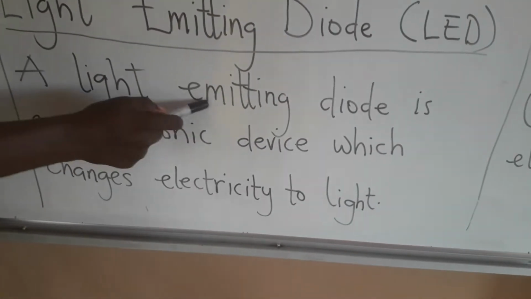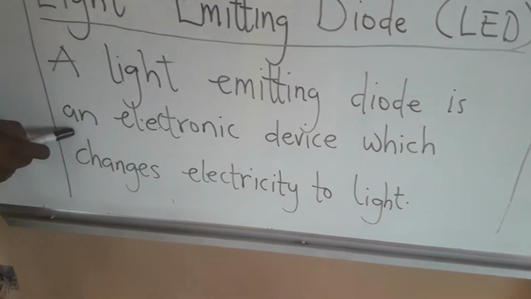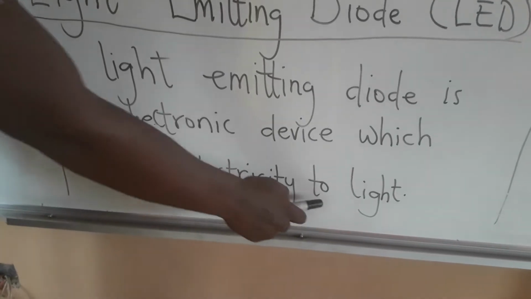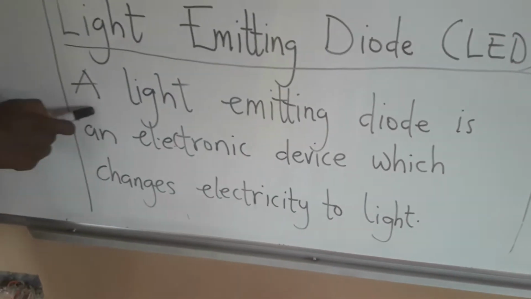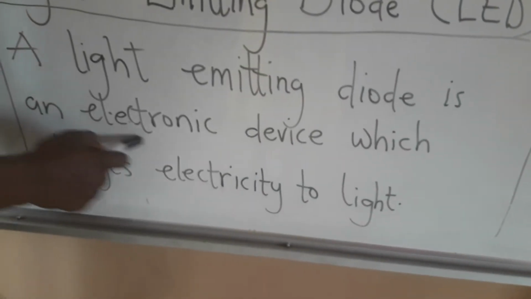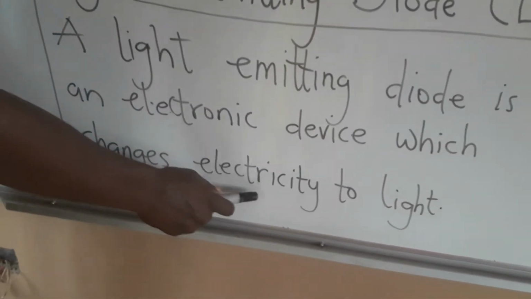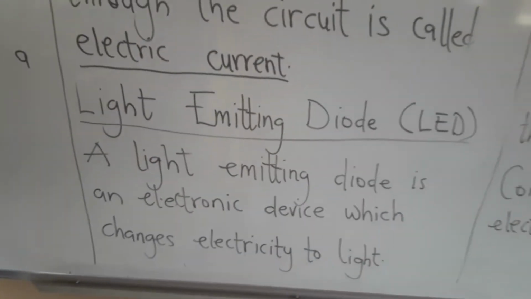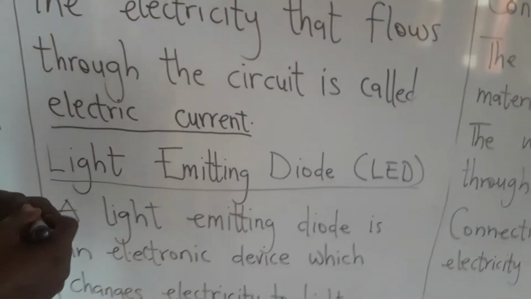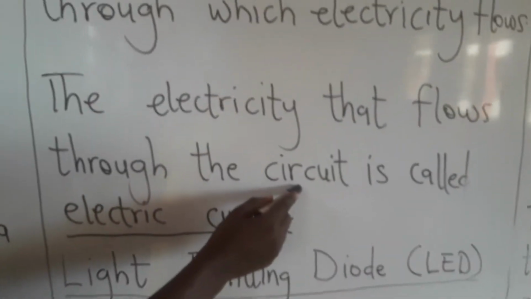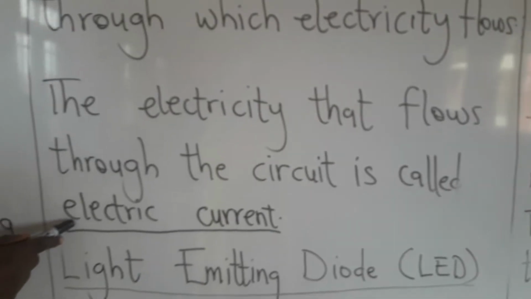A light emitting diode is an electronic device which changes electricity to light. Now how does it do that? We all said that the electricity that flows through the circuit is called electric